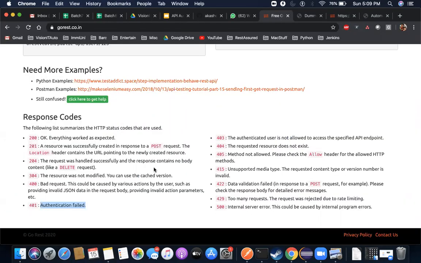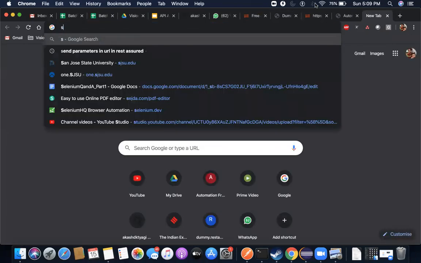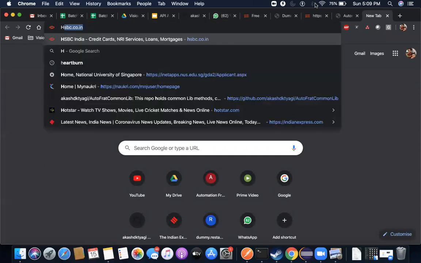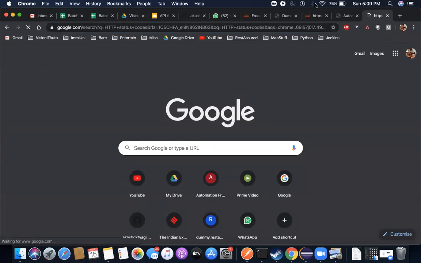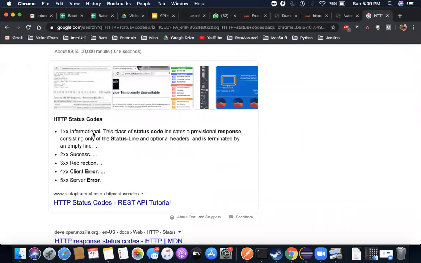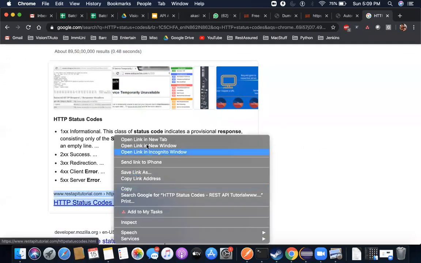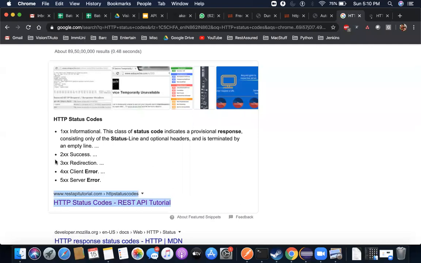So this is how I know what that error message means, what the value of that error message is. By the way, these are not specific to this API. These are HTTP status codes. If you go and search for HTTP status codes, you will get a full list of what each specific HTTP code means. You see, 1xx is informational, 2xx is success, 3xx is redirection. The x simply means the subsequent digits. So anything in the twos, starting with 2, means it's a success,